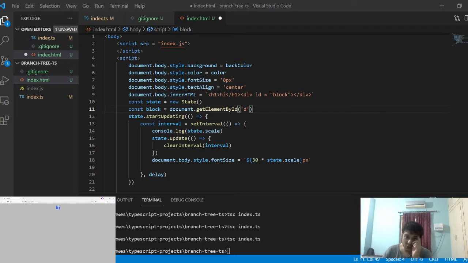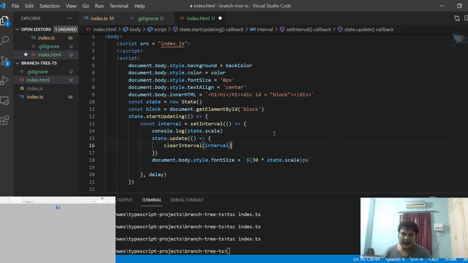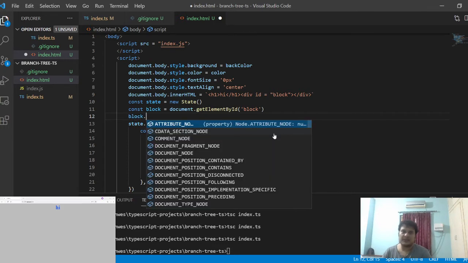I'm adding a small div with id equal to block, and I am just trying to access that block with document dot getElementById. And now what I'm going to do is I am giving it one simple style.